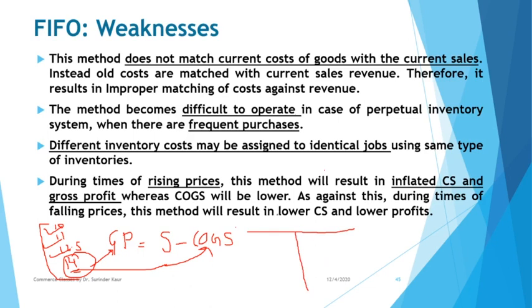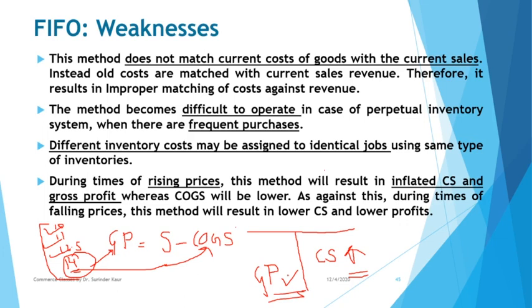Now when you calculate gross profit, which comes here, which is the excess of the credit side over the debit side, you take up closing stock here. So if your closing stock is inflated, so will be the total, and so will be the balancing figure coming here, because if the total is more, the balancing figure is going to be higher. So without doing anything, you are in a position to show higher profits, just because the FIFO method is being followed under rising prices, and under falling prices the results will be different when deflationary times come.